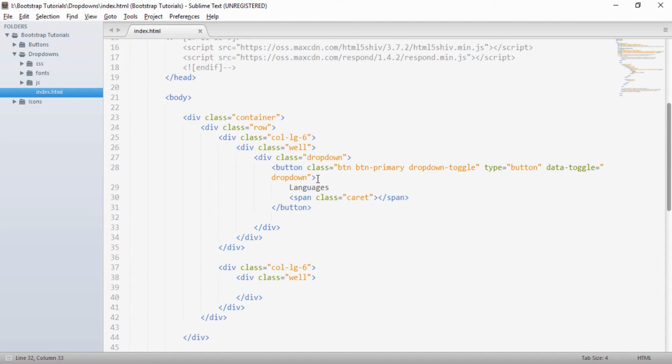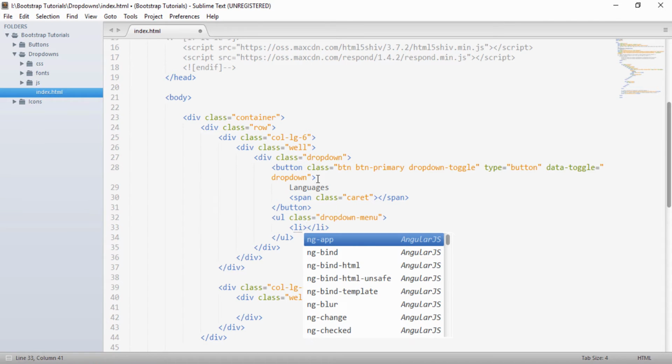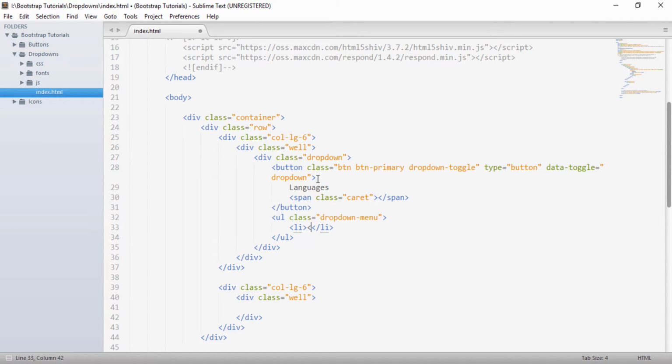Outside this button we will create an unordered list, and to this we will provide a class of dropdown-menu. Inside this we will create an li element having an anchor tag holding a value of hash.